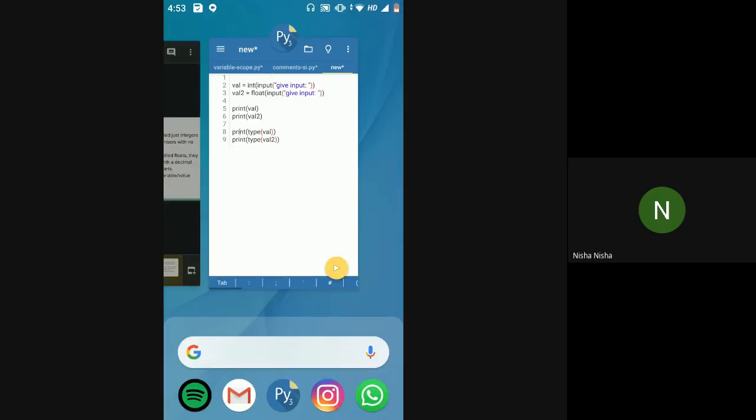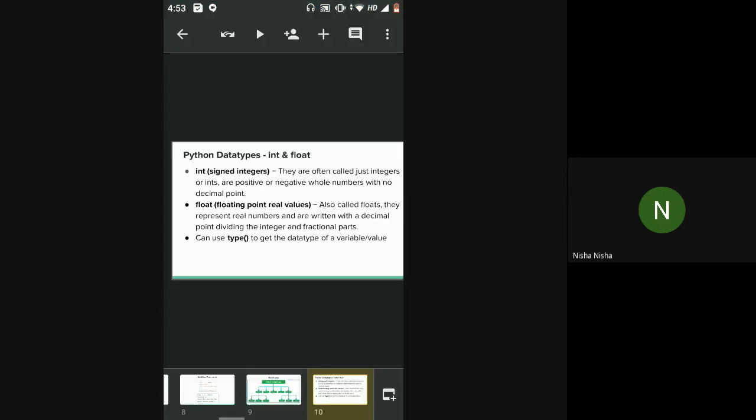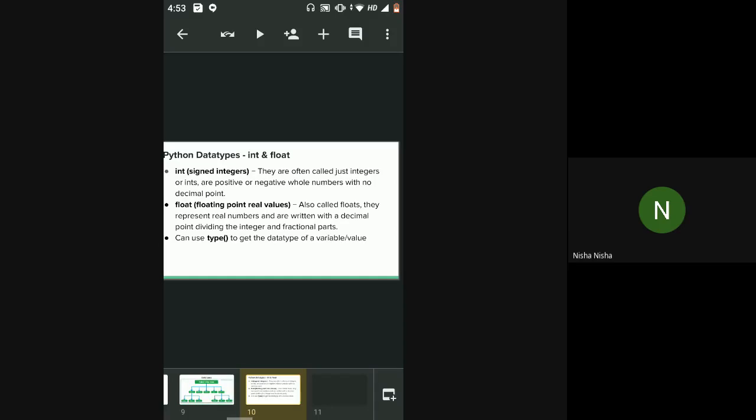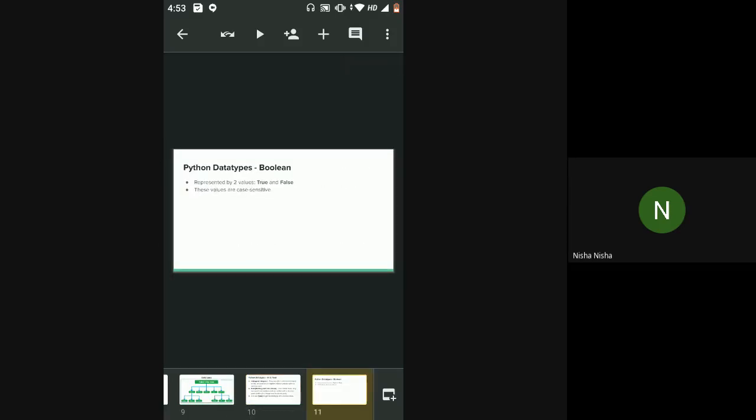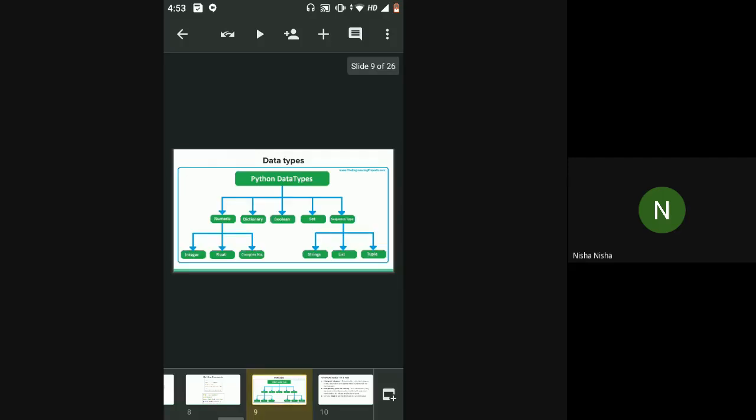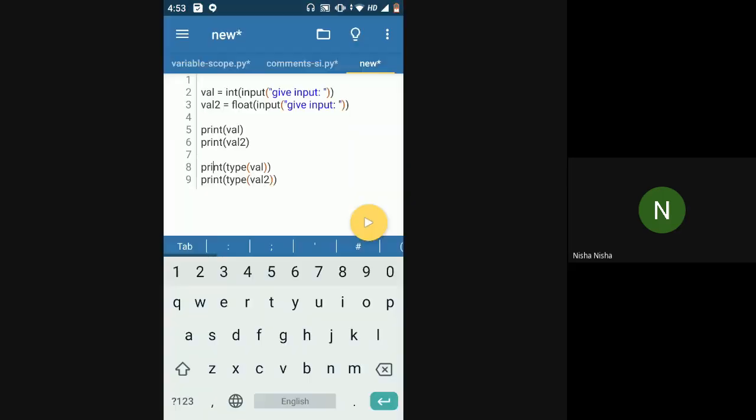Okay, so this is about integers and floats. And then there is this data type called Boolean. Now what is Boolean? We can think of Boolean as true or false. As we know, every data type has a range.